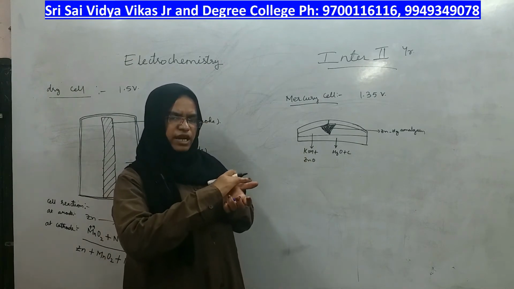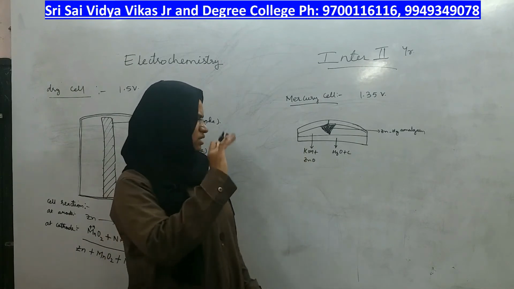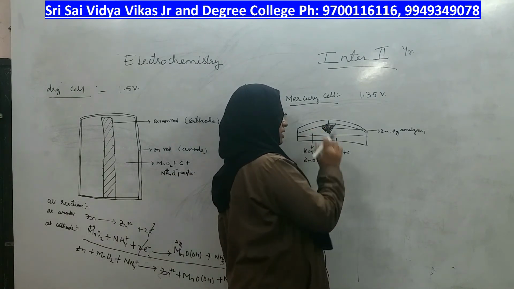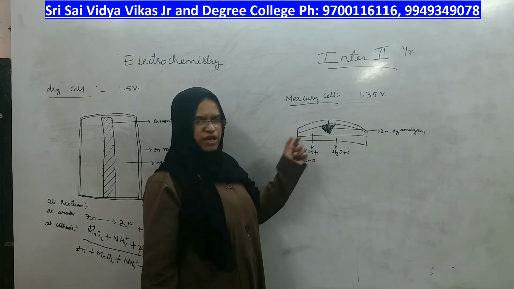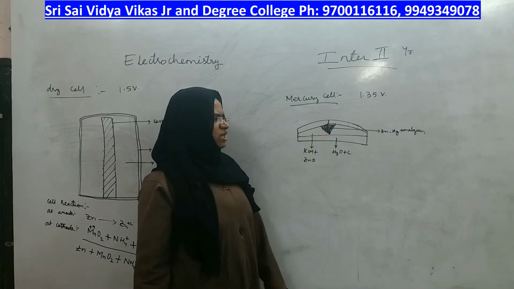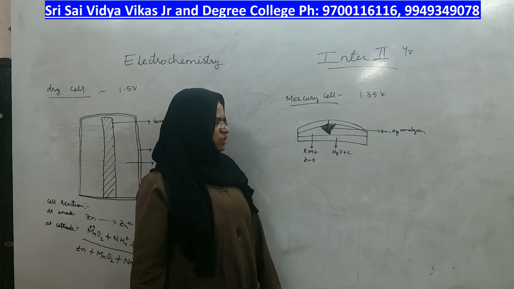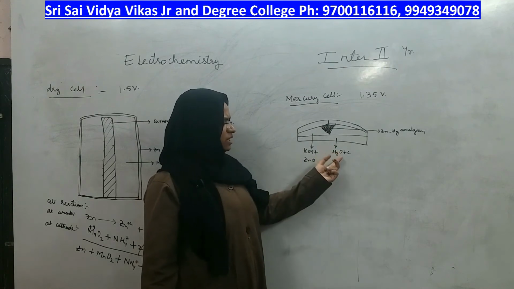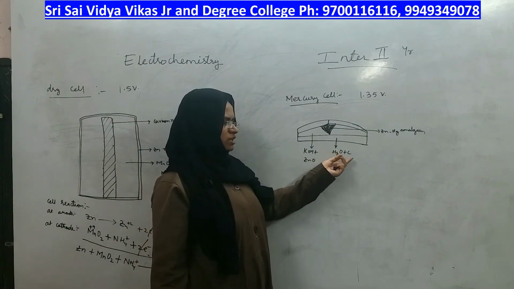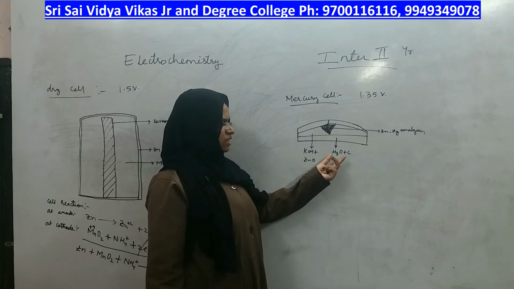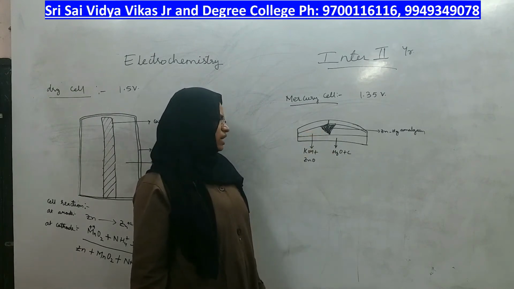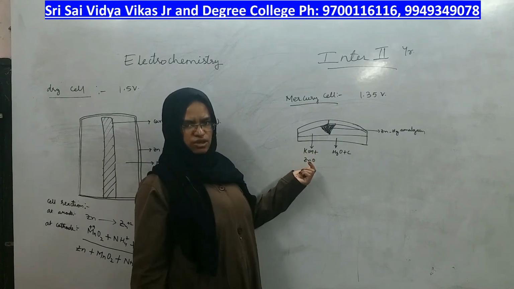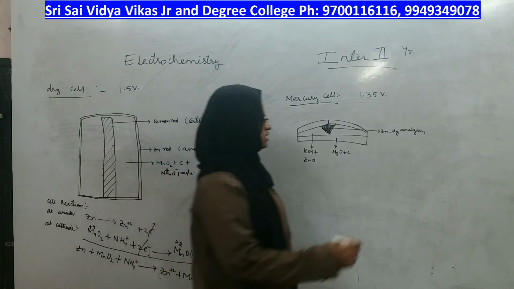It is like a coin or a semicircle which has compartments, with the anode at the top and the cathode at the bottom. In between you will find the electrolyte. Who is the anode here? The anode is an amalgam of zinc and mercury, which acts as the anode, and the cathode is a mixture of mercuric oxide plus carbon black, right? This is the cathode. In between you will find a basic electrolyte having potassium hydroxide and zinc oxide, right? So now let us write who is the anode.